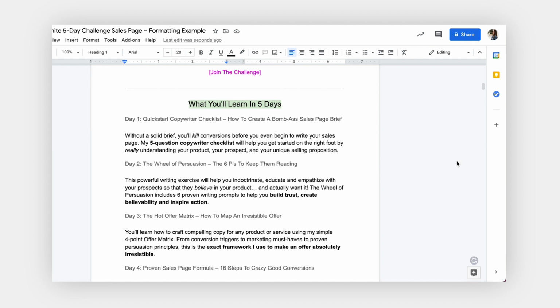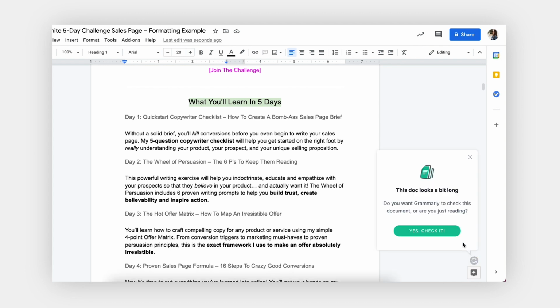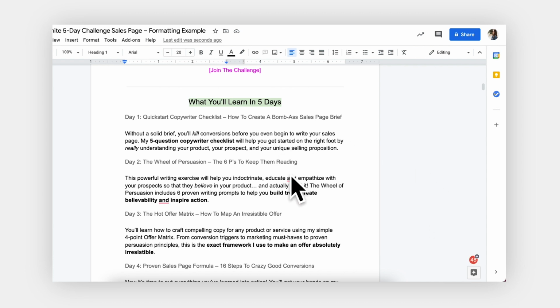And the very last thing that I definitely always do is proofread. I move very fast when I write copy, which means I often make typos or skip words, which is why I absolutely love using Grammarly. I actually have it installed right on my computer and it automatically checks the document for spelling and grammar errors. And when it does notice an error, it just underlines it in red, and then all you have to do is hover over the word to see the suggested substitution.